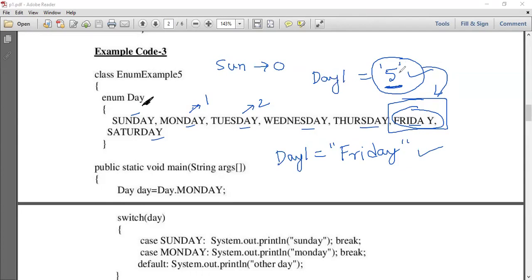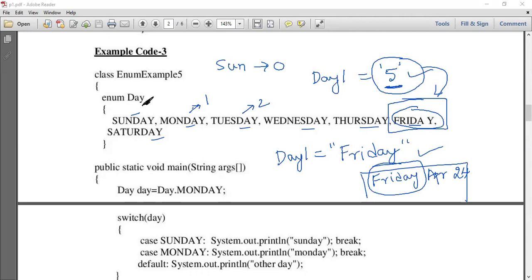Suppose in some of the reports we want to print the output like Friday, April 24. Of course it is Saturday. Then this Friday conversion should be done by the programmer, which means the programmer is responsible for mapping the value 5 to Friday.